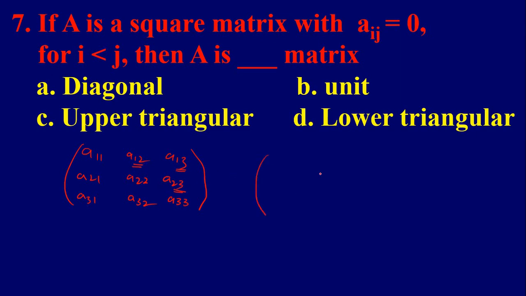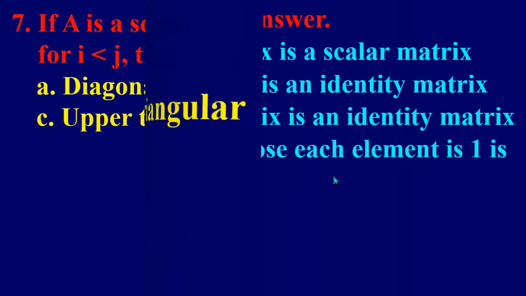So all these elements are zeros. So here we have 0, here also 0, here also 0. So other elements may be anything. Suppose we have 2 0 0, 4 5 0, and 1 2 6, like this. So now here we have zeros above the diagonal elements and this is called a lower triangular matrix. So therefore the option is D, and this is a lower triangular matrix. In the lower triangular matrix, Aij is 0 when i is less than j. So A12, A13, A23 are zeros in a lower triangular matrix.